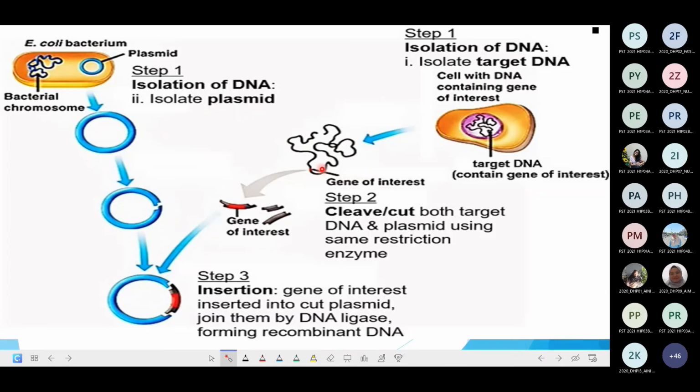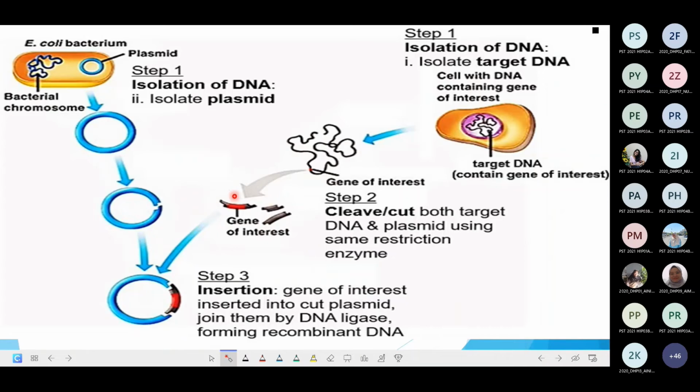Now we are using tool number 3, the restriction enzyme, in which we can use maybe the EcoR1. Maybe we can use the EcoR1 that can also be obtained from another different E. coli. Okay, and we use the EcoR1 to cut or to cleave this DNA molecule, and we will be able